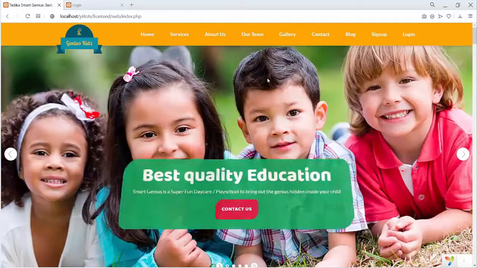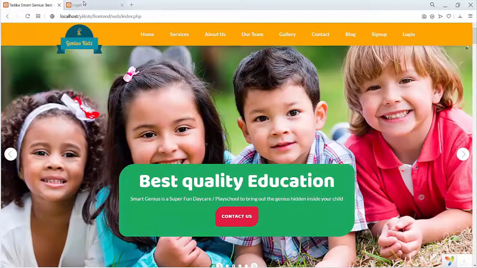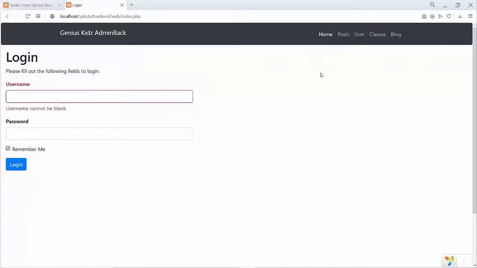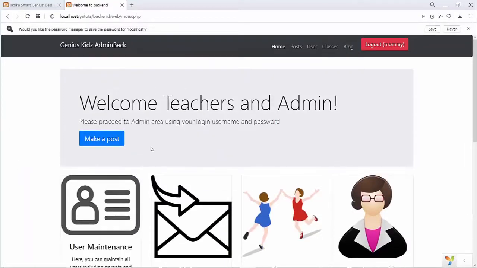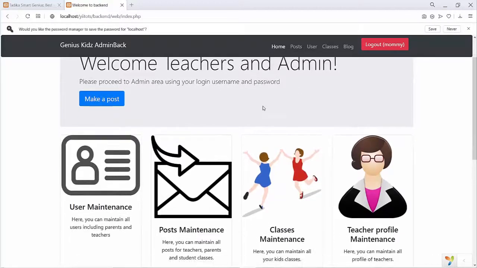And further down, let's go to the back end. This is the back end. So the same mummy can log into the back end with a password. Once the mummy logins to the back end, they can see. Actually, it's for the admin I have shown.